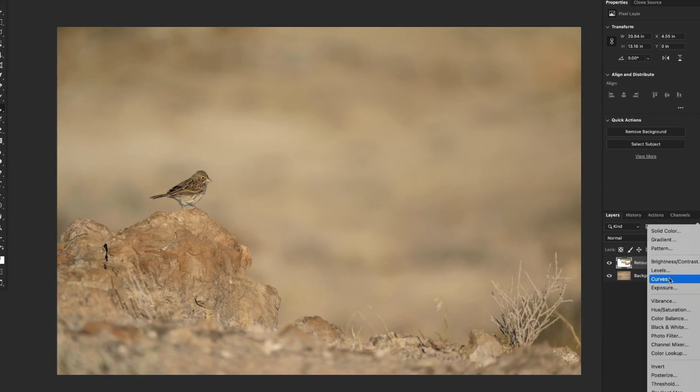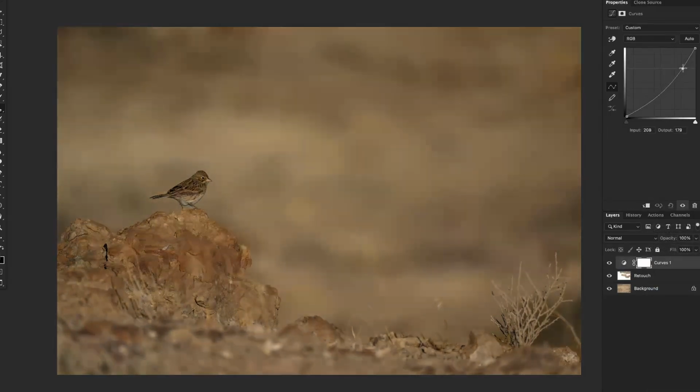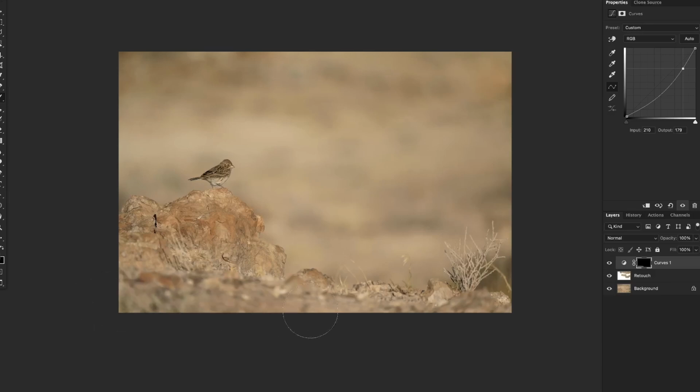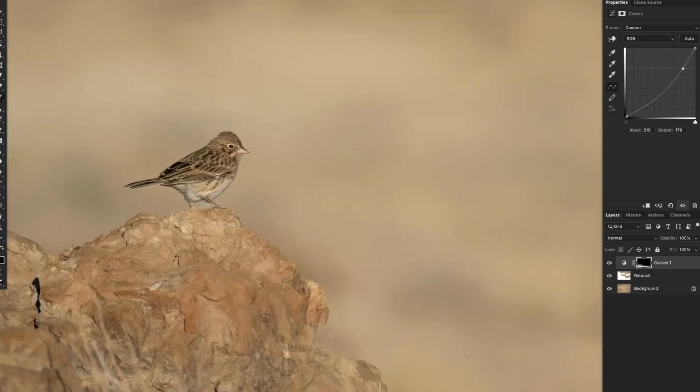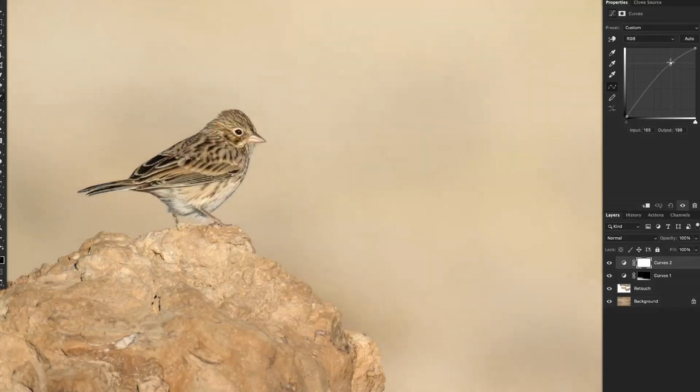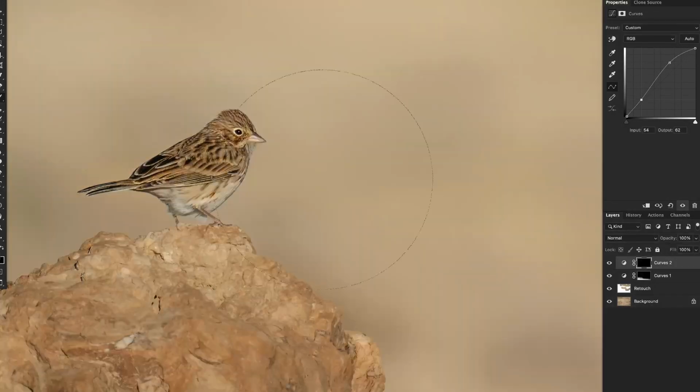Okay, curves adjustment layer. Let's take down that foreground a good bit. We'll invert this. Big soft paintbrush. We're just going to paint that in gently across the bottom here, a little bit on the rock. And then that's it. The rest is just going to be, I think, a little added contrast on the bird. Lightness and contrast to just kind of make him pop a little bit. So something like that. We'll bring these black values back down, and that should, in theory, get us a nice,